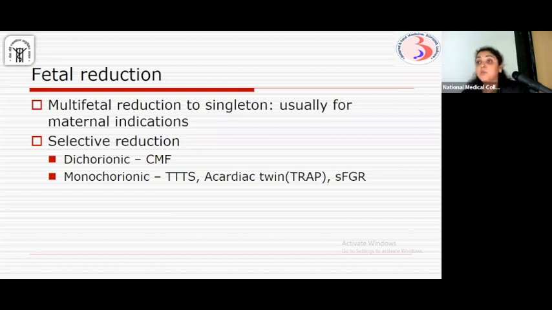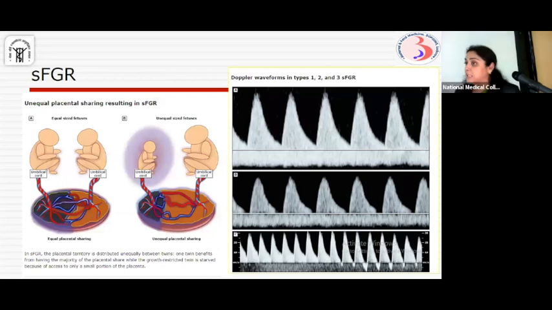How it is different is that we identify which fetus is to be reduced. They are the fetuses who are either malformed, or in certain conditions in monochorionic twin pregnancy where there is a vascular connection between both the twins. If one twin dies, we know that the other twin will also suffer. So we may have to clamp or stop the vascular connection by either RFA or fetoscopic cord coagulation and convert it into a singleton. I will not go into the details, but what we need to know in monochorionic is